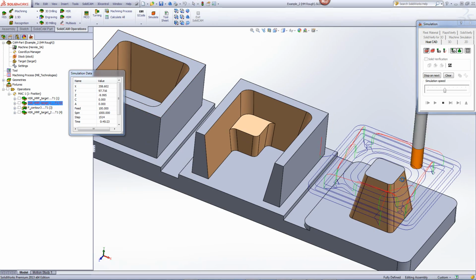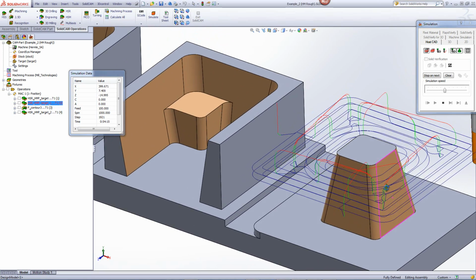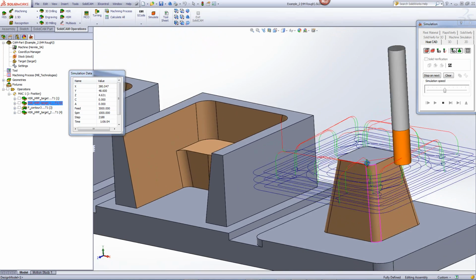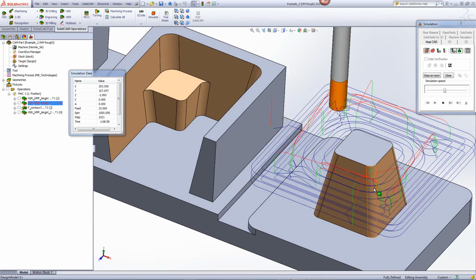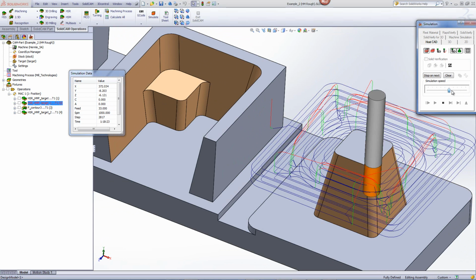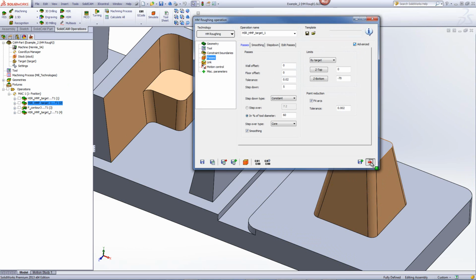Note that when it gets to the corners where it can't actually continue its tool path in certain cases, it actually picks itself up by using the shortest possible tool path and then going down in the next area. So this is actually working, again, the most efficient way for a core. Now, in my last operation over here,